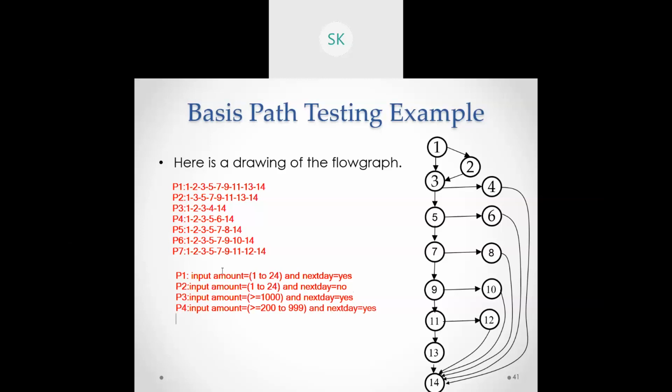This is my design. I'm not talking about what they have designed previously. With respect to our particular terminology, whatever they have given, based on that, I'm just writing my own particular way of addressing this. So the next, fifth path is 1 to 2, 2 to 3. After 3, it will be going with 5, 5 to 7, 7 to 9, 9 to 10 and 14 will be coming into picture, right?